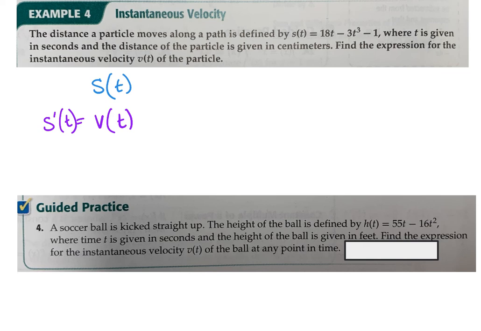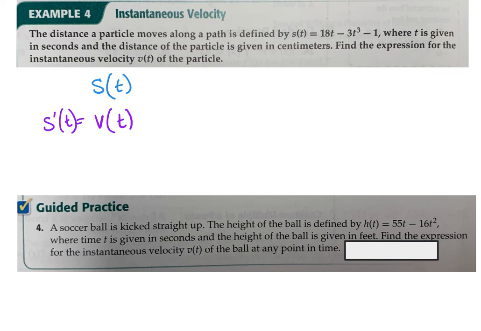The distance a particle moves along a path is defined by this position. That is the distance it moves, where t is given in seconds and the distance is given in centimeters. Find the expression for the instantaneous velocity of the particle. All of those words are asking you to find the derivative. Find the expression, that means your new function, that gives me the instantaneous velocity, the first derivative